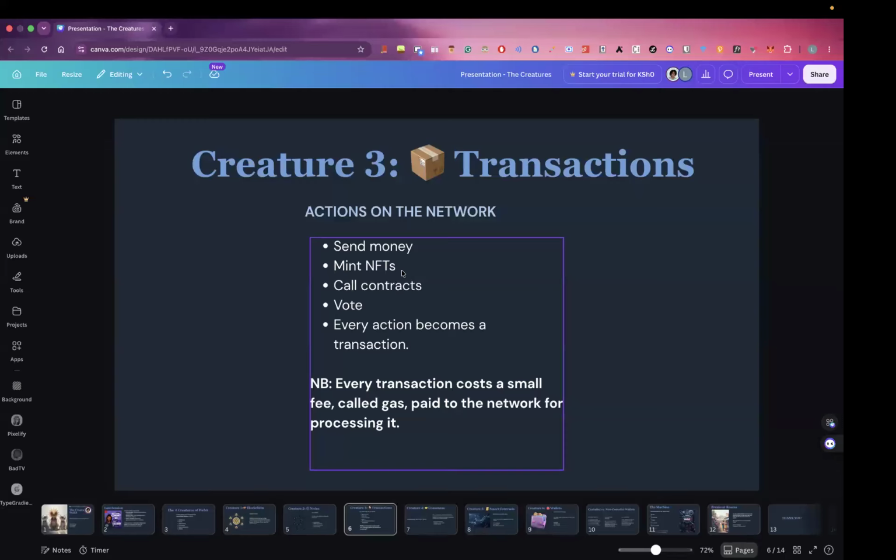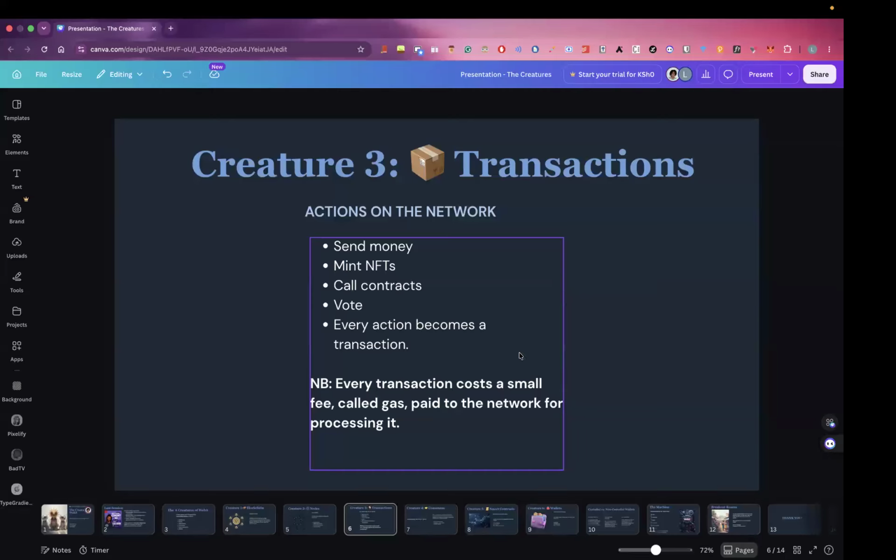So in this case, NFTs stands for non-fungible tokens. That is a transaction with a token, and they are managed by smart contracts which have already been deployed on the network. Then, when you call a function on a smart contract, that is a transaction with a smart contract. Voting is also a transaction with a smart contract because there has to be a smart contract that's already deployed for you to vote.